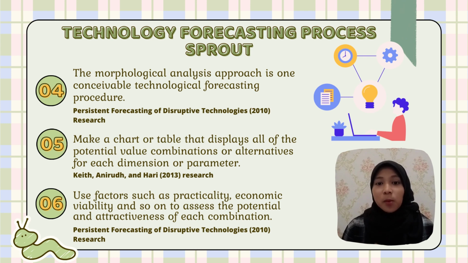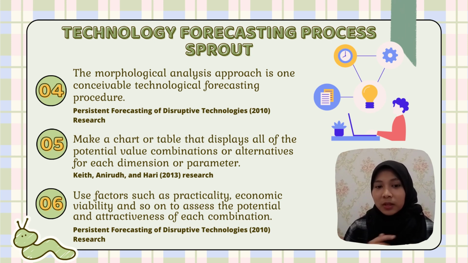In addition, morphological analysis allows HP to investigate various Sprout technology variants and designs and select the most effective or appealing one. Next, HP also makes a chart or table that displays all of the potential value combinations or alternatives for each dimension or parameter. A matrix having 4 dimensions, such as hardware component, software feature, user interface, and application, and 3 choices for each dimension, for example, would have